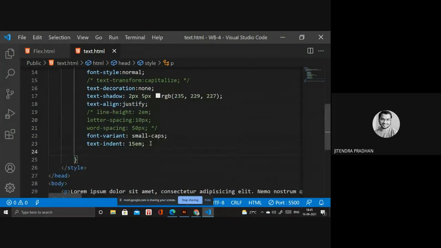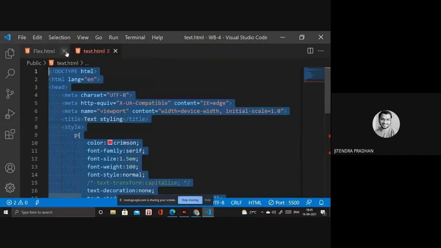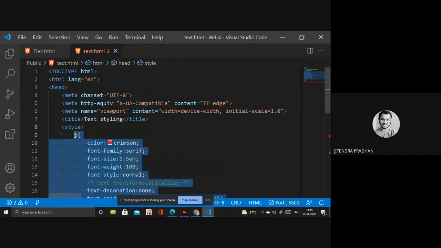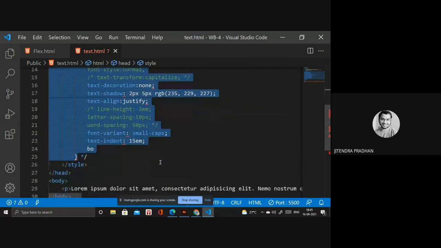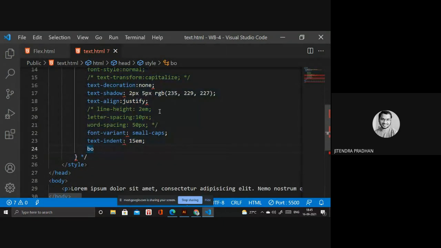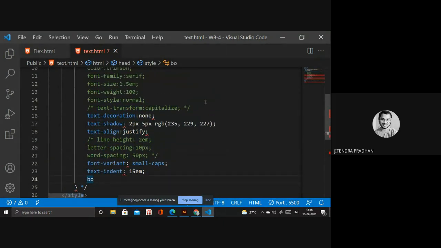So I need a border. So I will comment out these things and I will create another one. This one will be there. Okay. Wait.